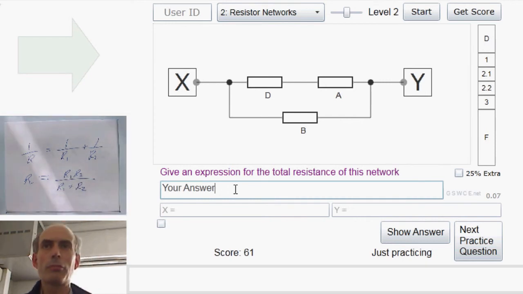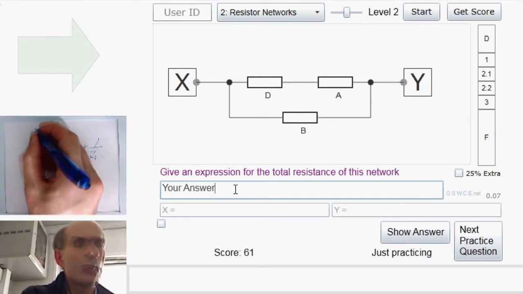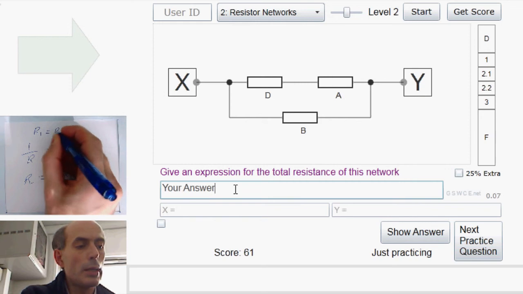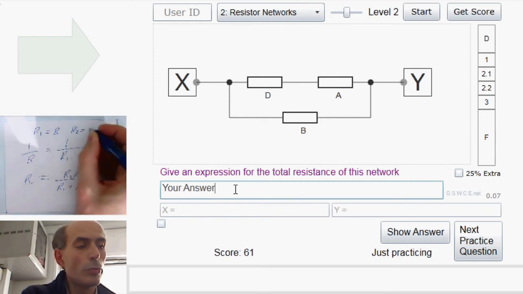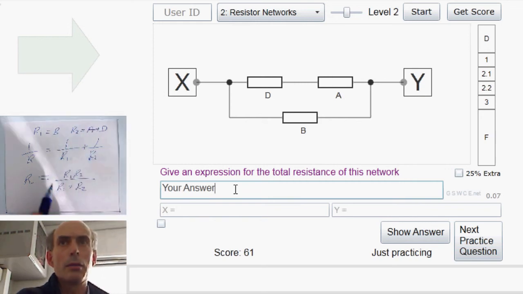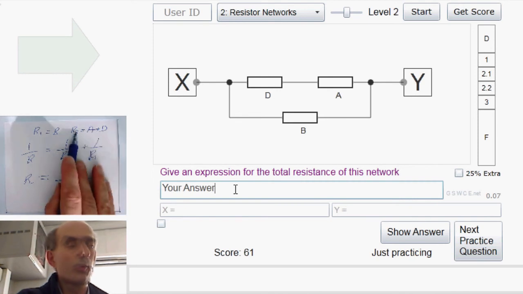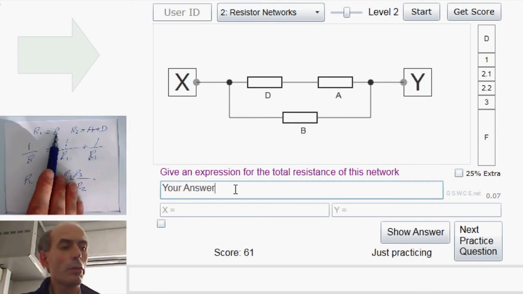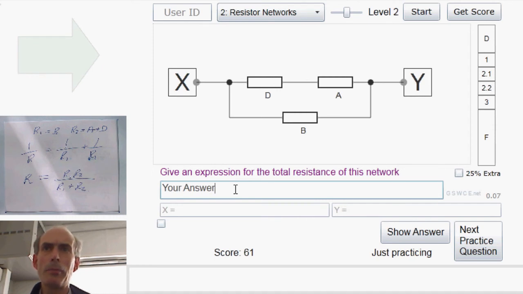We'll just use that form. Here we have R1 is B, and R2 is A plus D, because A plus D is the total resistance in parallel with B. So we have